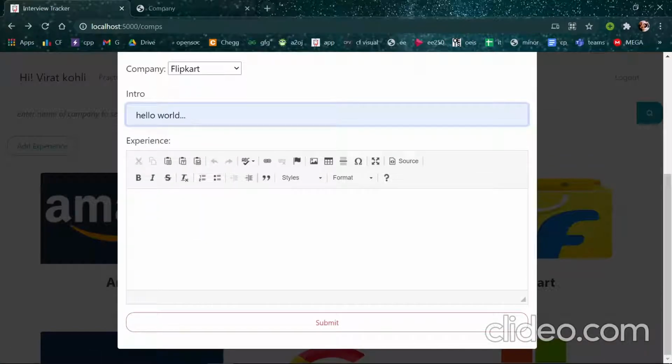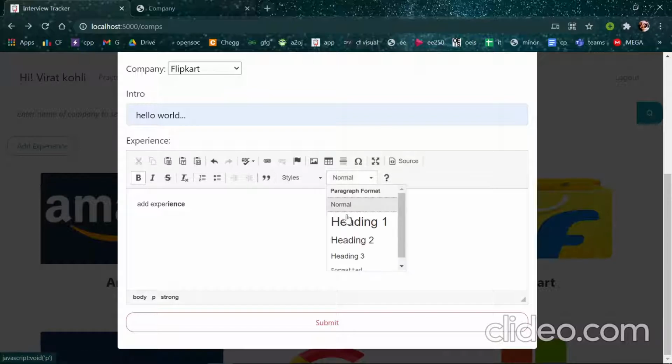And this experience field is an editable field which we have implemented using CKEditor. We just took the code from the CDN library and pasted it, and then we were able to get this editor. Here whatever text we add, we can add it in different formats like bold. Okay, so we will say add experience, and now next text we can make this bold. In whatever format the user adds, they can change the text type, they can change their font size, anything they can do over there, and it will be displayed while displaying their experience.